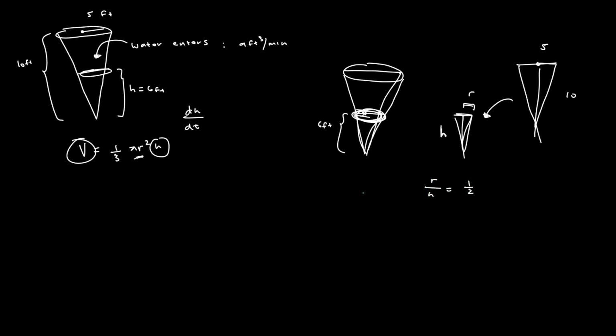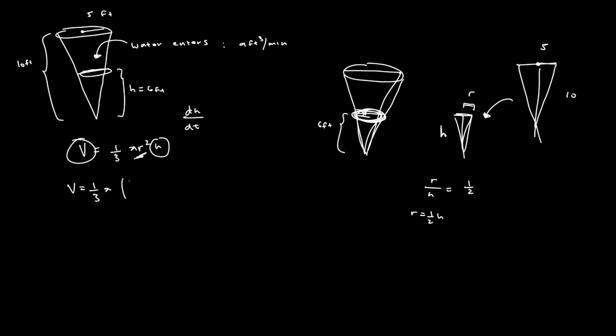And now we can eliminate r from the equation by substituting in r equals 1/2 h. That goes around the issue of not knowing how the radius is changing, because how fast the radius is changing with respect to time is intrinsically related to how fast the height is changing with respect to time, because of the similar triangle property. And so we can rewrite our equation for volume as 1/3 pi